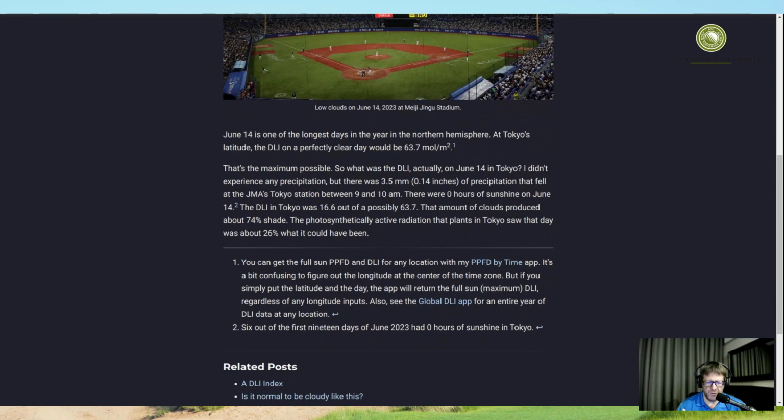But as you move farther away from the equator and you have your longer days in the summer and shorter days in the winter, then the potential DLI that you could get on sunny days would change quite a bit depending on how long the days are. And so that's the maximum possible, 63.7. What the DLI actually was, and I looked this up because there is a sensor in Tokyo that measures